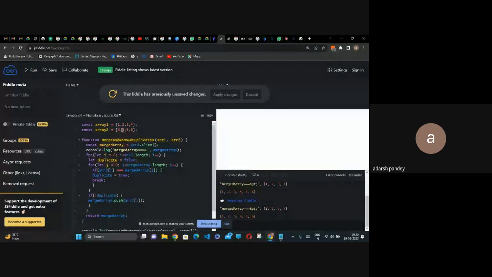अब i की वैल्यू 1 मींस कौन सी वैल्यू कंटेन कर रहा है, 4 कंटेन कर रहा है। क्या ये 4 इसके अंदर अवेलेबल है, तो बिल्कुल अवेलेबल है, तो फिर से डुप्लीकेट को ट्रू करो और लूप को ब्रेक कर दो। फिर i की वैल्यू अब नाउ 5 हो गई, तो क्या ये वैल्यू 5 इसके अंदर अवेलेबल है, तो नहीं है। इट मींस दिस इज नॉट अ डुप्लीकेट वैल्यू, सो यू हैव टू पुश दिस वैल्यू इनसाइड दिस एरे 1। सो इसलिए आपने किया कि अगर डुप्लीकेट नहीं है, मतलब डुप्लीकेट की वैल्यू ट्रू नहीं है, तो आपको मर्ज एरे मतलब एरे 1 के अंदर ये जो i इंडेक्स की वैल्यू है एरे 2 की, वो वैल्यू पुश करा देनी है।